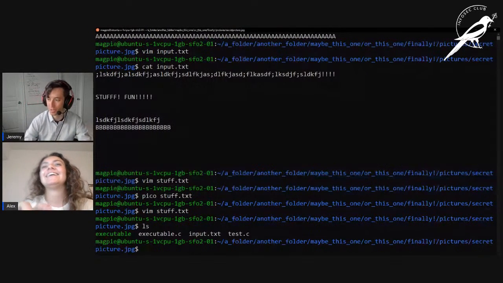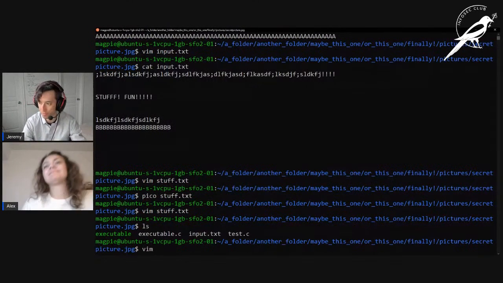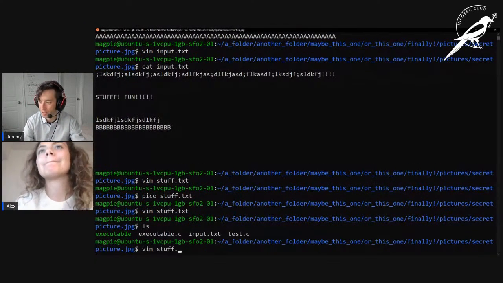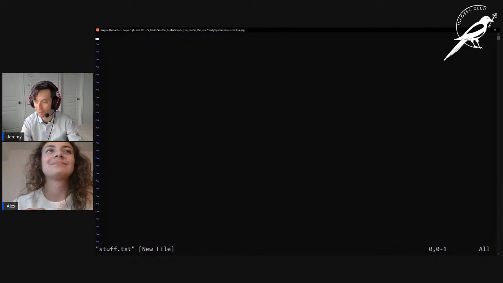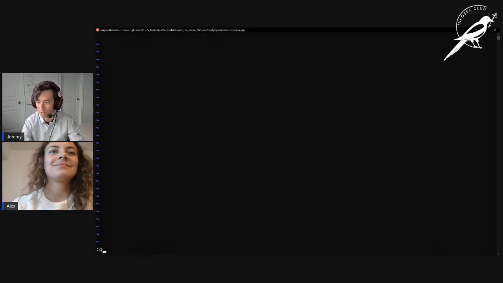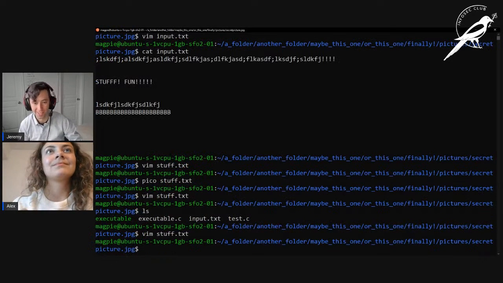Yeah, but it's very important if you go into Vim, because sometimes you'll Vim into the wrong file, to know how to get out without doing anything. People usually panic right now because they're not sure how to use Vim. :q! will be your friend. That lets you get out.